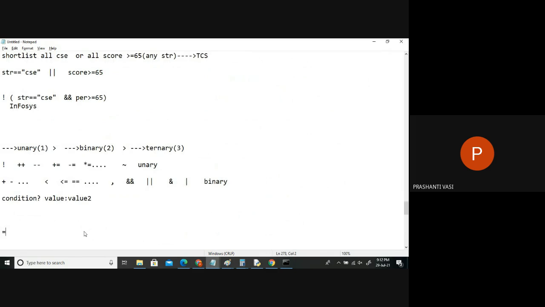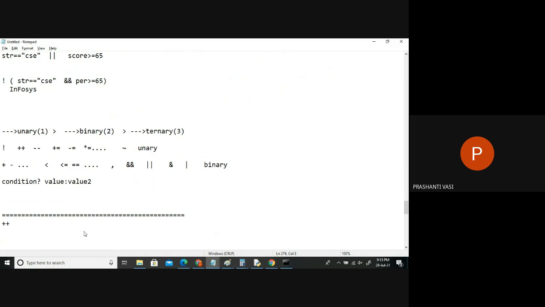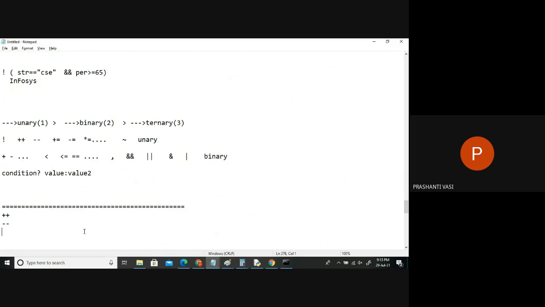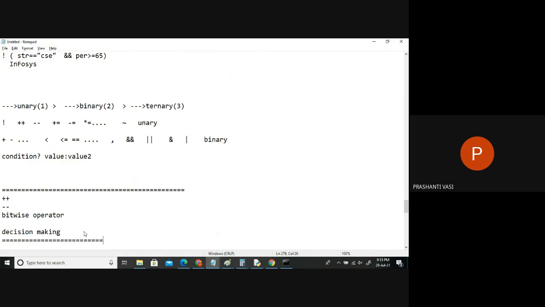Is this clear? Till here, any confusion? Tomorrow I'll discuss the other operators briefly because we will not spend a lot of time on these, and we'll be going for the bitwise operators. Once we finish this, tomorrow we can even start the decision making chapter. We'll try to finish these faster so that we can start with the actual topics of Java, that is object orientation. Because these are the same chapters which we learn in C language, right?